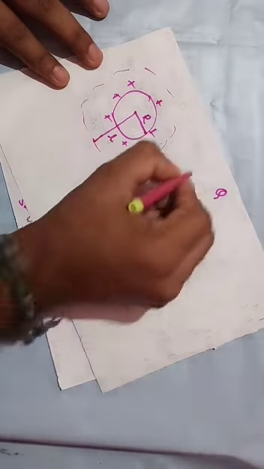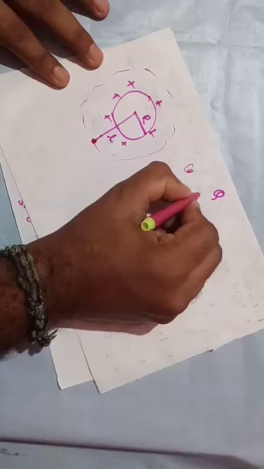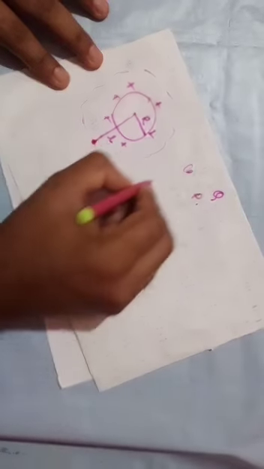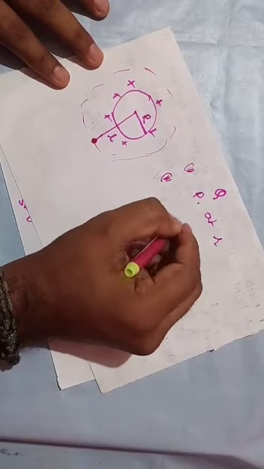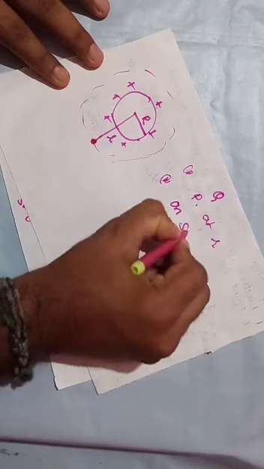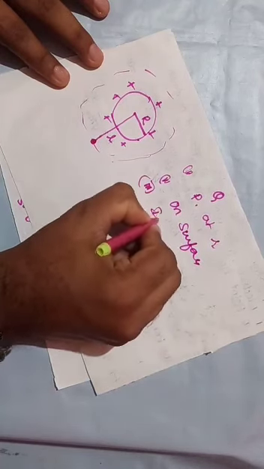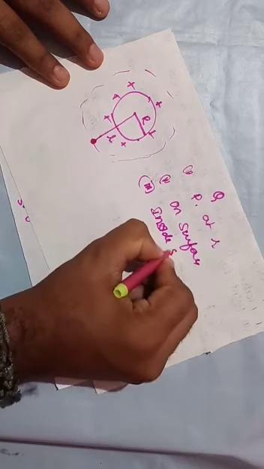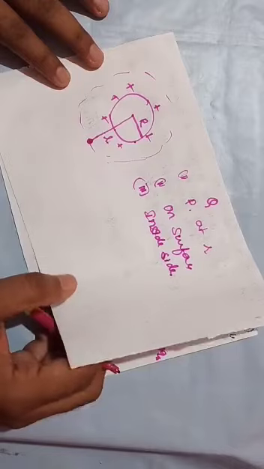Here we are considering three cases. The first case is the point P on the Gaussian surface at a distance r. The second case is when the point P lies on the surface. The third case is when the point P lies inside the surface. We have to discuss all these cases, as that is a very important concept. So how to derive this relation? We are going to find out here.